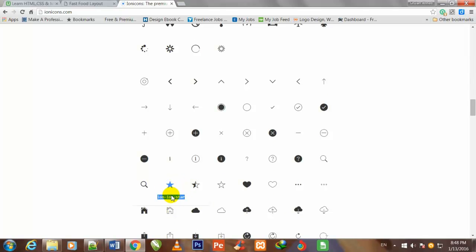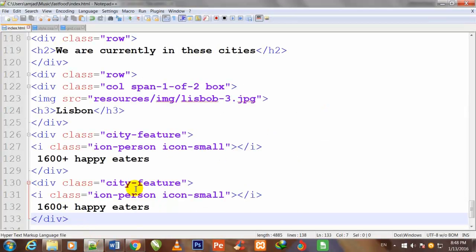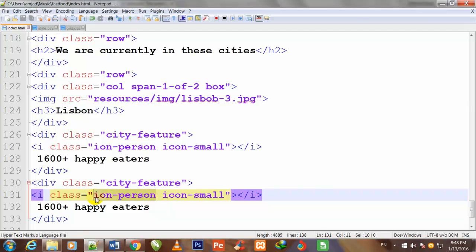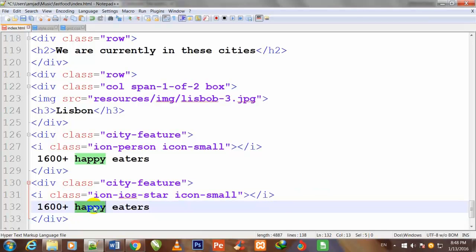I copied its name and I paste it here. Friend, here I will change the text: 60 plus top chefs.